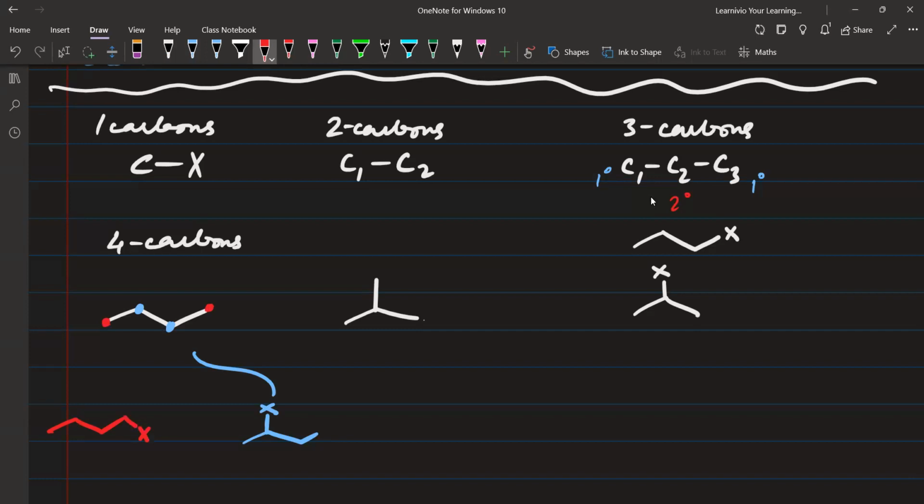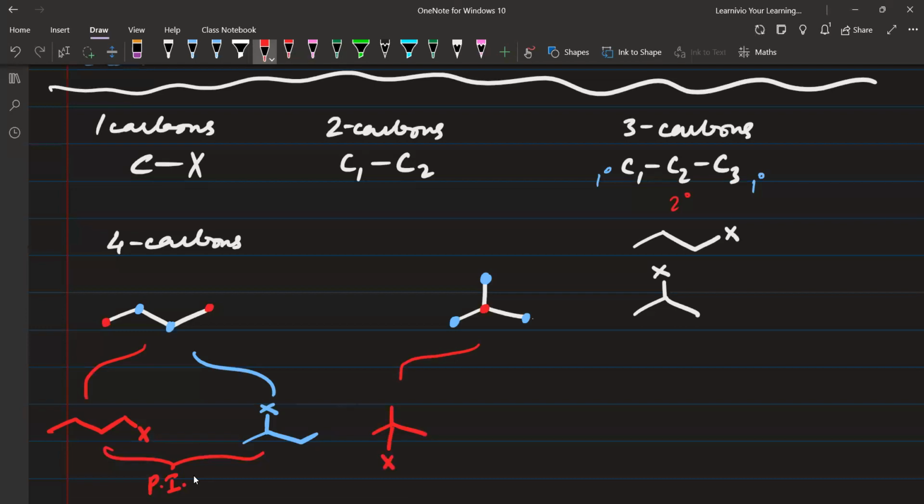Take one possibility: you have something like this, and the halogen atom is attached here. Or you can have the blue possibility, in which you have the parent carbon chain. First make the chain, and after that attach X here. Okay. So what about these two? These two are also position isomers.